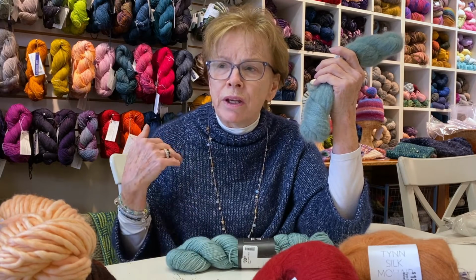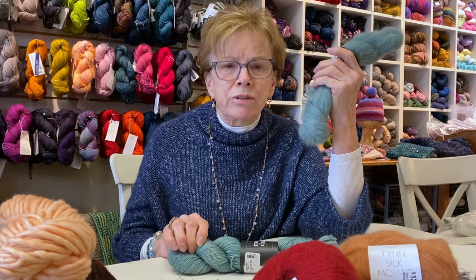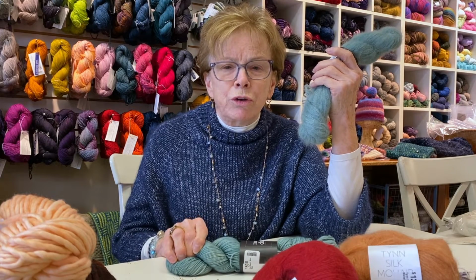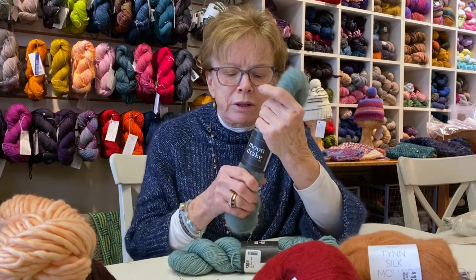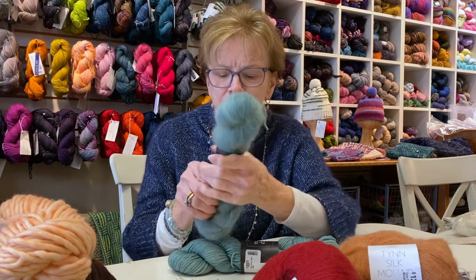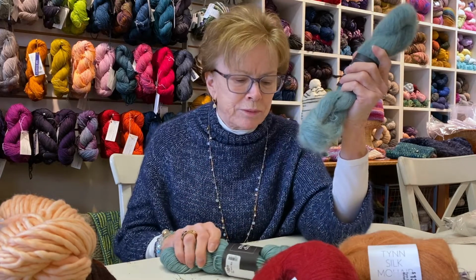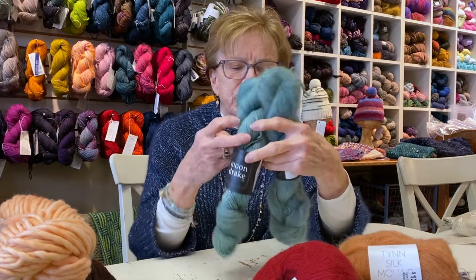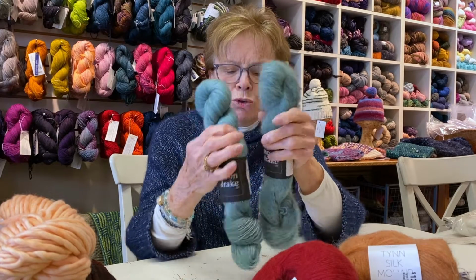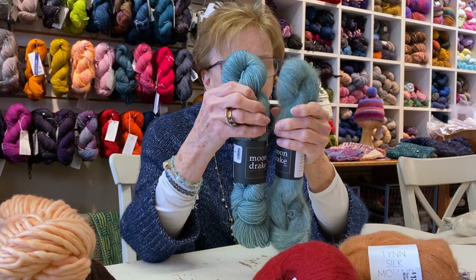And I know that they can get something in their backsides called fly strike, which is a very bad thing for these animals. So they do need to get shorn, and they don't get hurt. No animal dies when they're doing it. But anyway, we have a whole bunch of these colors of this Moondrake Surrey alpaca, or Silk Cloud it's called,